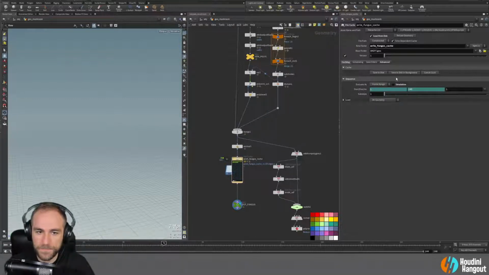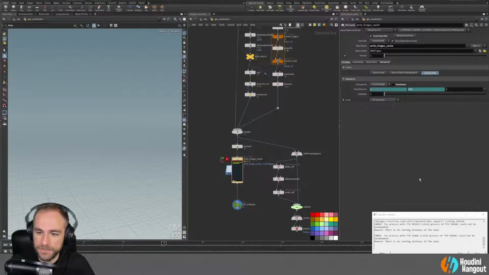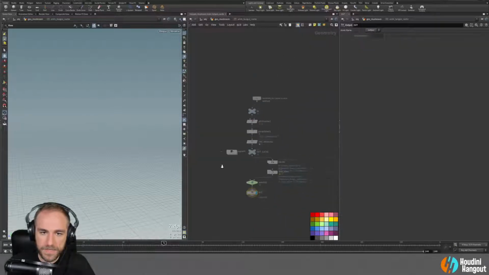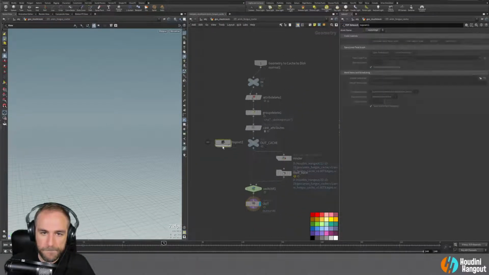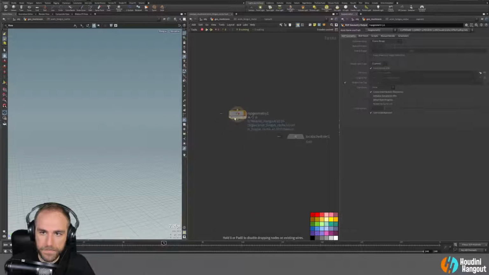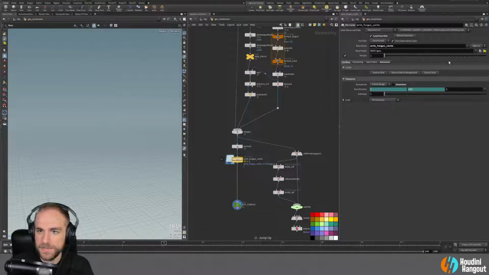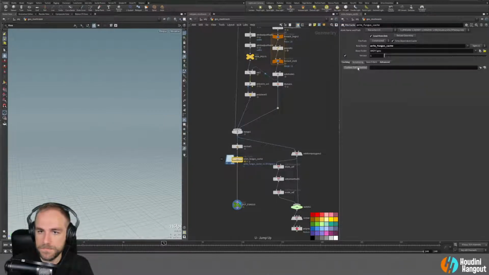Oh, you know what? I know what I want to do. Close this. Looks like that was going to error out anyways. So let's see here. So what I want to do is